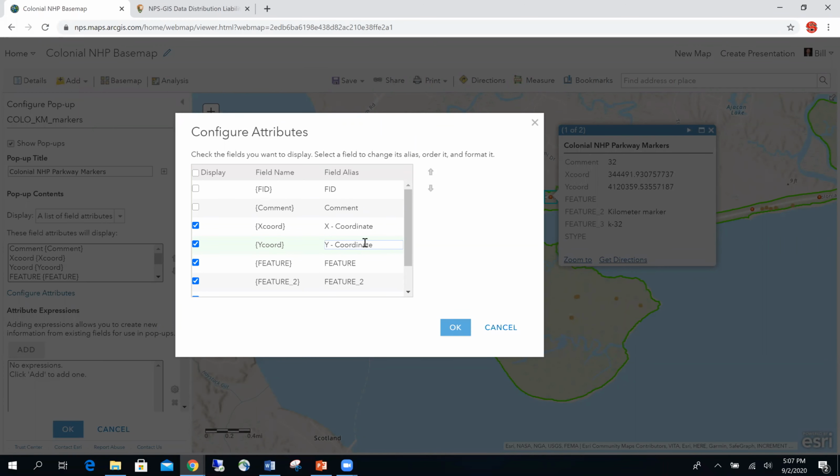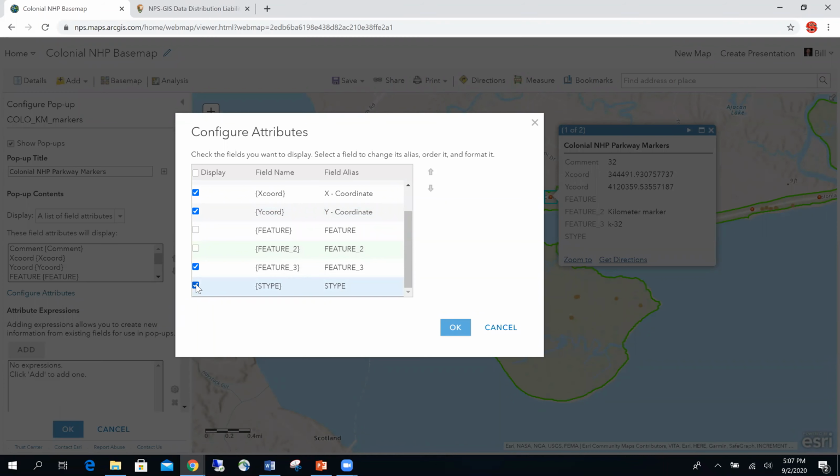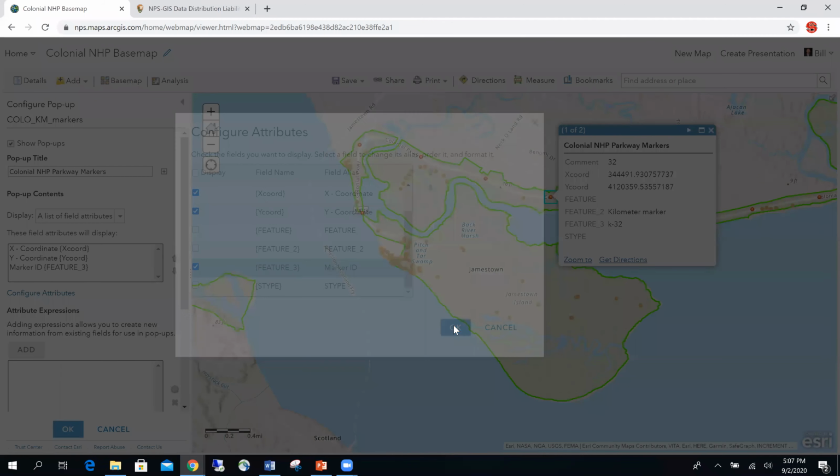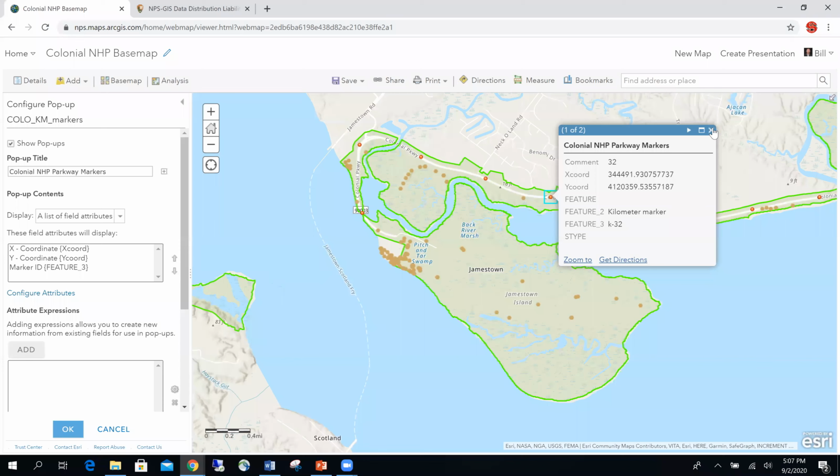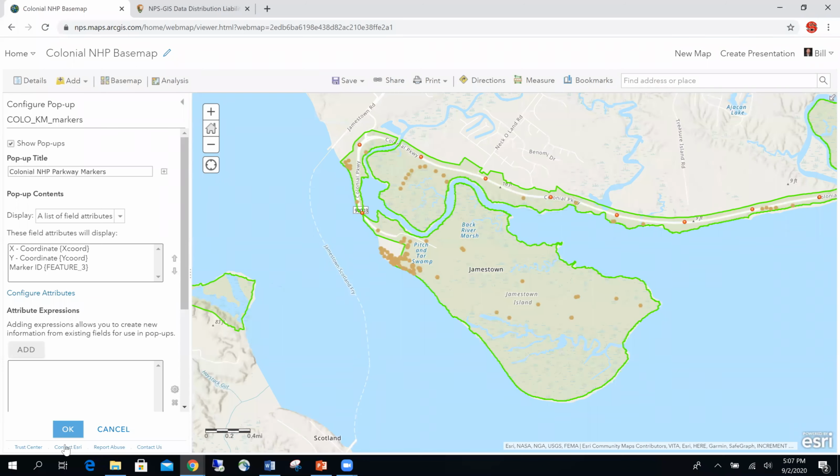Coordinate. And I'm not too concerned about the feature or the feature 2, or the S type. That is the source type, and it's something that the park uses. But for feature 3, I want to give it something more informative. And all of these markers have a marker ID on them. So I'm going to call it a marker ID and say OK. I'm going to close this, and now let's click on